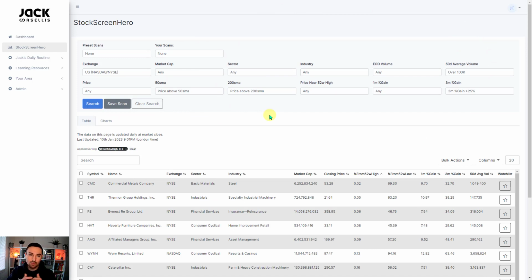Now you can play around with this. You could make this more stringent if you want as well. So maybe you change the 3 month gain to stocks greater than 50%. Maybe you put a minimum price on there of $10 or something like that as well. But for the purpose of this, let me just show you things that you can be doing in terms